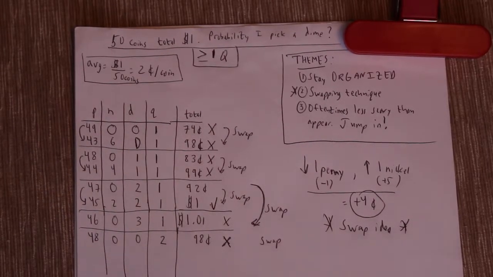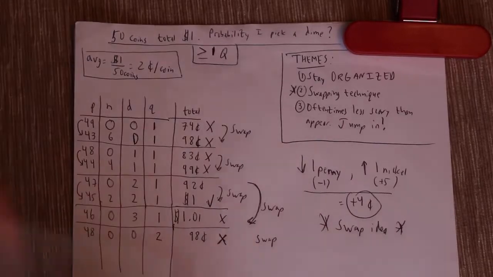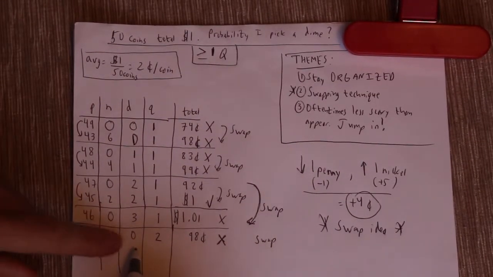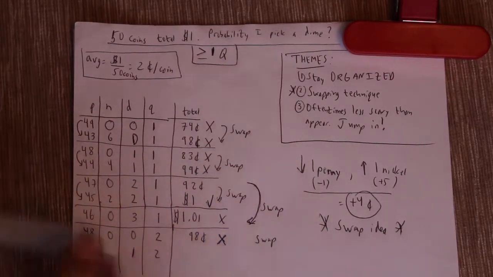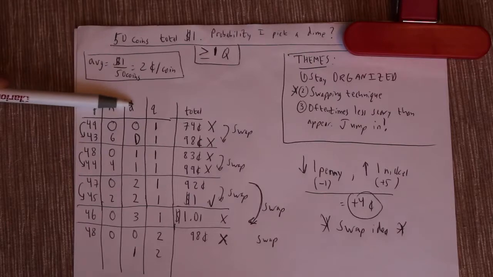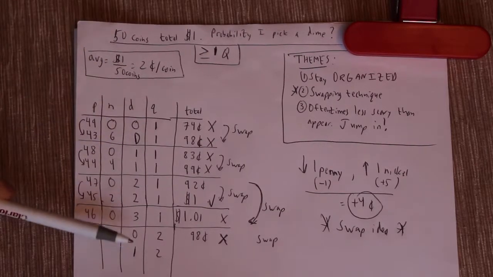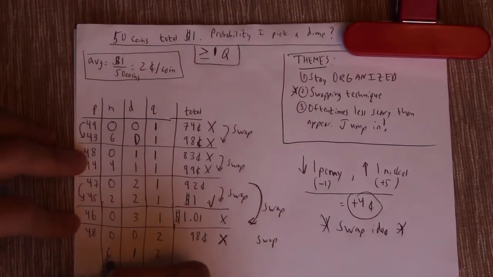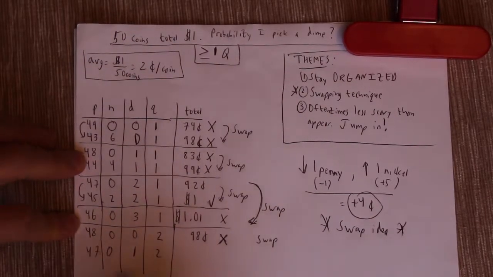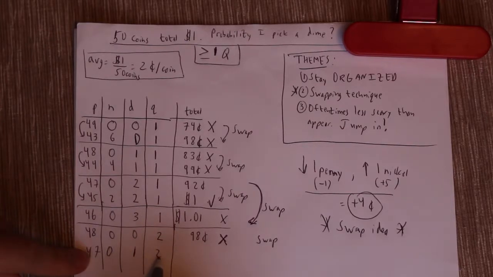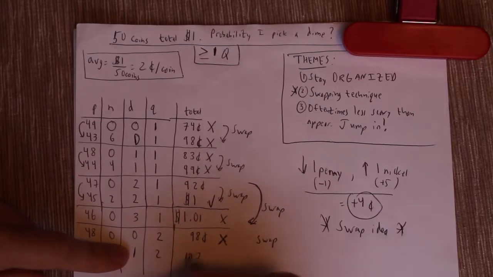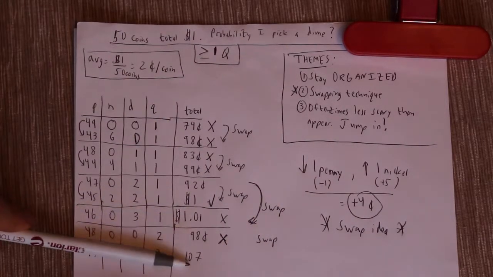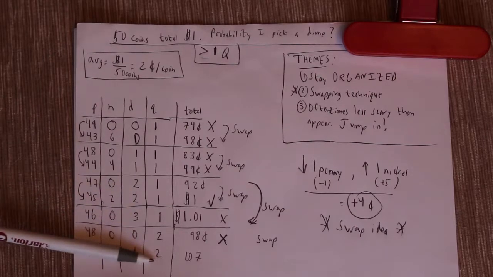Now, at this point, we could try introducing perhaps a dime, so going to 2 and 1. But when you swap a penny for a dime, that's going to be -1 plus 10, so that's plus 9. So this is going to get us over. Just to show you guys, this would be 47 cents plus 50 cents, that's 97 plus 10, that's $1.07. And this is, as we predicted, 9 cents above it. So this won't work either.